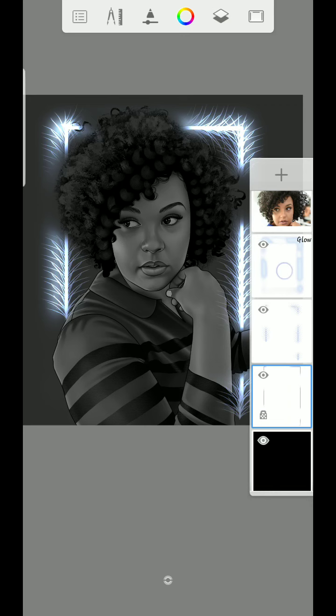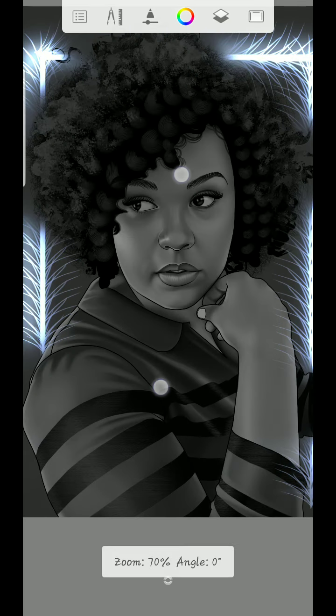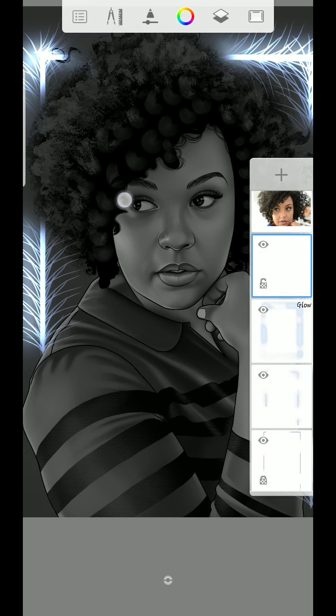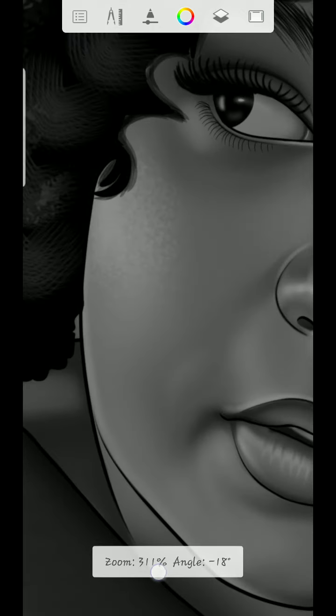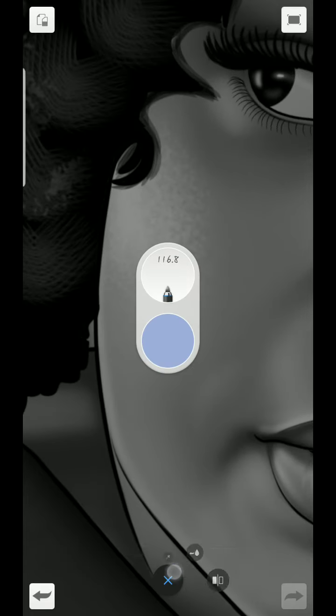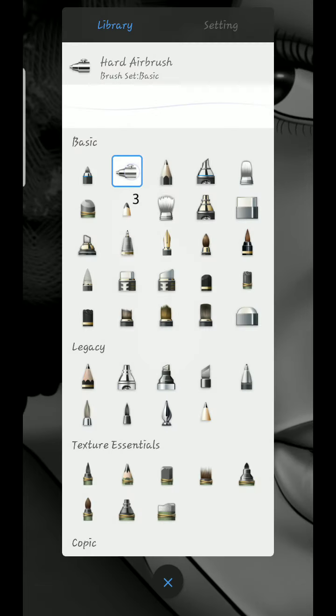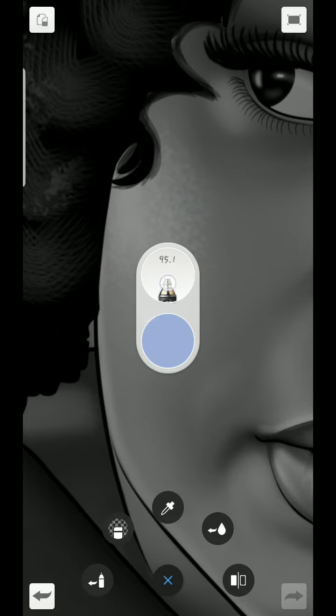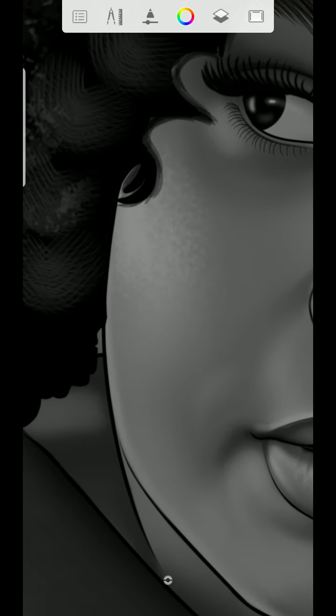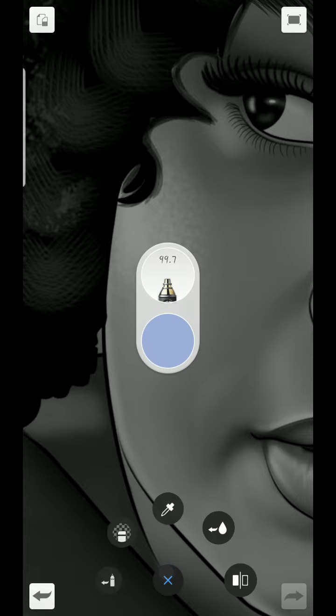So now in this, okay, so now I will also add some details to the face. So right here I'm going to open a new layer. Okay, then I'm going to zoom in. I'll be using this brush. I'll be using flow airbrush. So at this point I can use any color I want because I can still change it back the way I want it. So I'm going to use